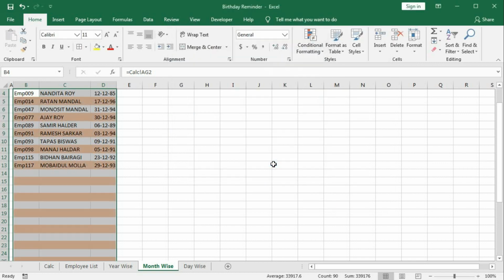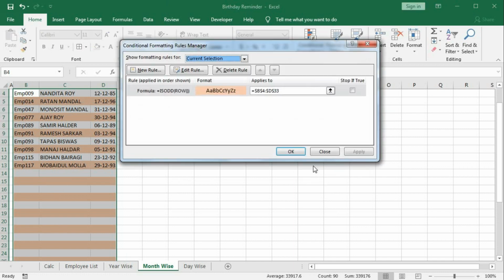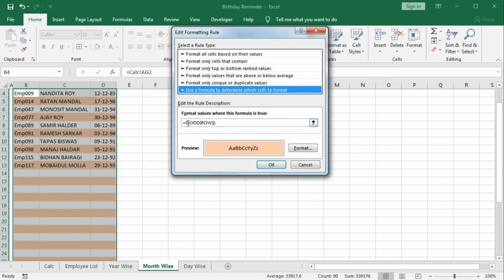Okay, okay, so we got this, but here these cells are also colored, so we don't want these cells to be colored. So again go to manage rules, and here we will add another condition, and here comma, this cell should be not blank. So this cell, press F4 to remove the, sorry, here we have to put the dollar before the column.